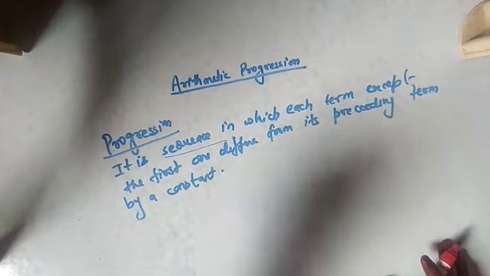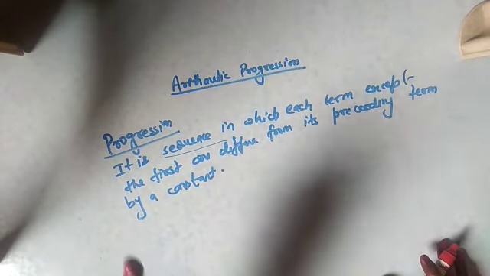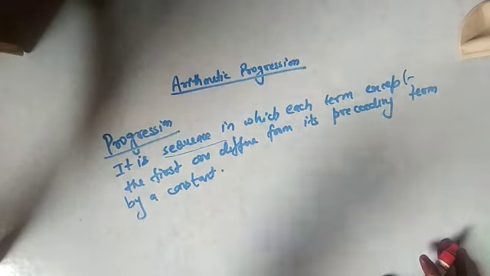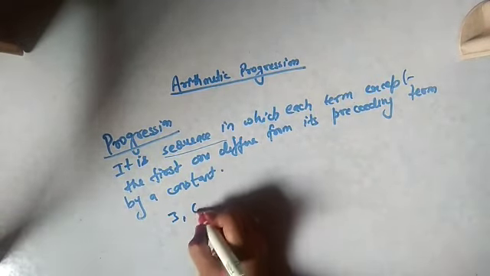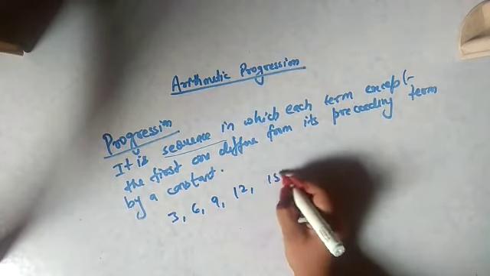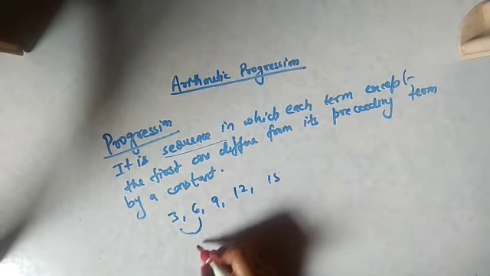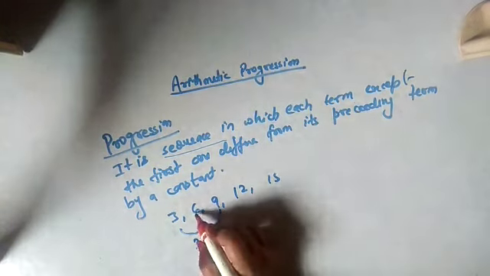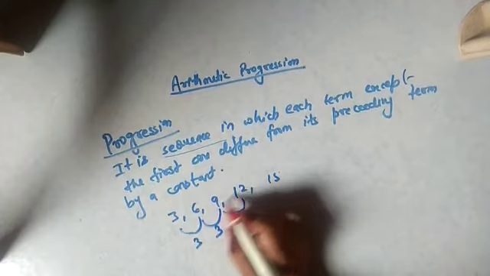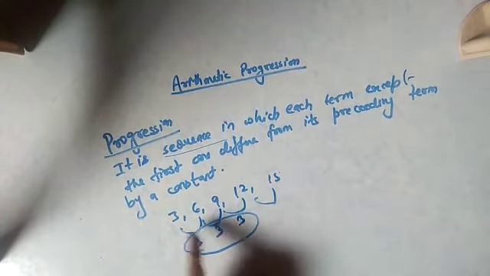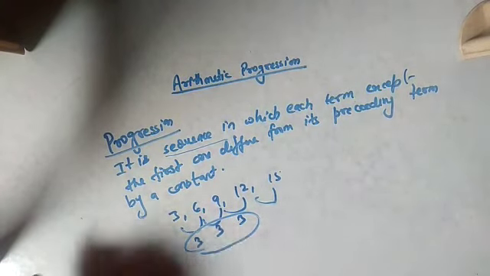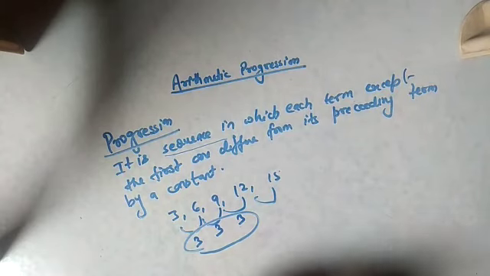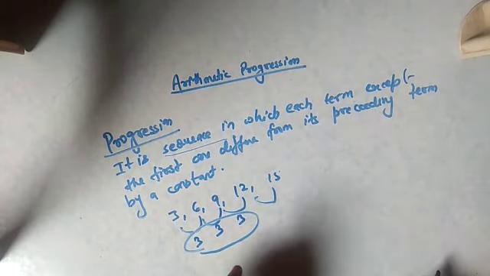If we find the difference of two continuous terms of any sequence, except the first, because there is nothing behind the first, and if we get the same difference, then it is said to be a progression. Like if I'm writing 3, 6, 9, 12, 15, if I subtract 3 from 6, I will get 3. If I subtract 6 from 9, I will get 3. Again 3. See, the common difference between each term is the same. So this sequence is said to be a progression. Okay, and this constant difference is